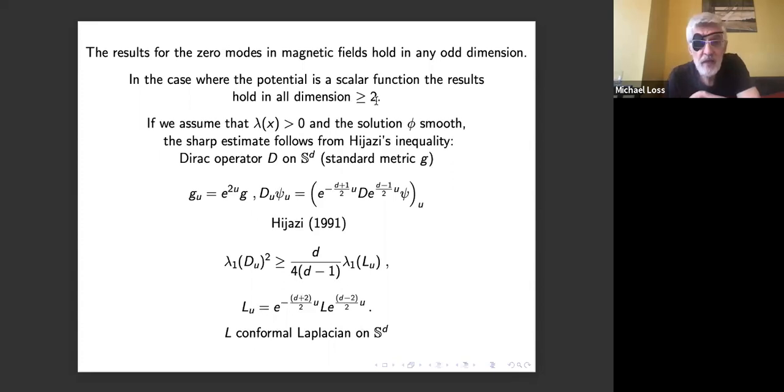And let me now give you a little bit of background on how one can understand this. Well, understand it. I mean, I'm not an expert in this field. So if you look at the Dirac operator on the D sphere, and the standard metric is called G, then what you do in this business is you conformally deform the metric. You multiply it by a factor, e to the 2u, and then the Dirac operator has a certain way of transforming. In other words, you take the spinor,